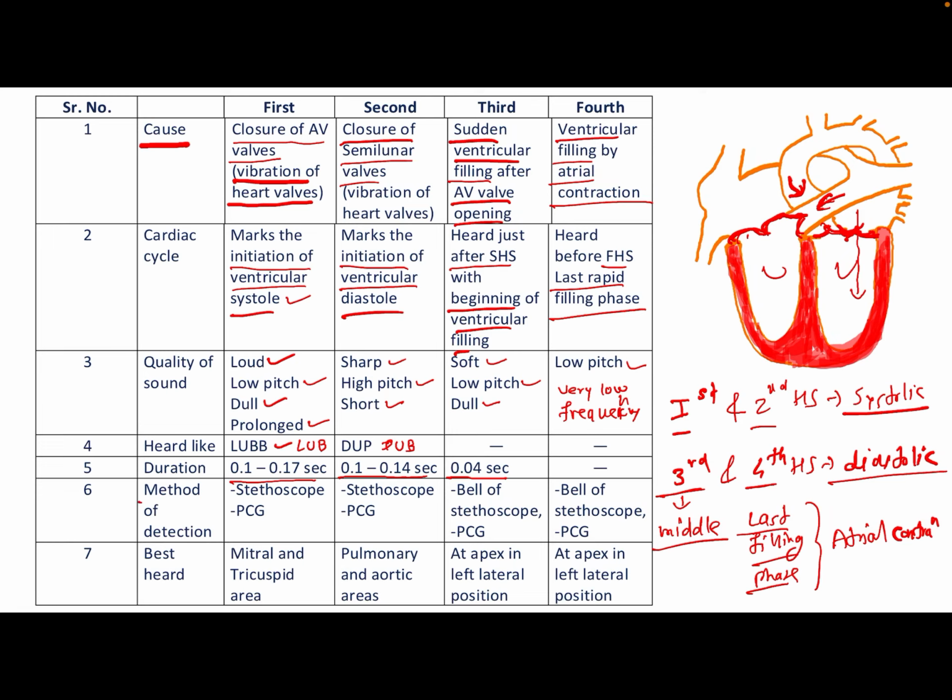Now method of detection. In general, clinically we use stethoscope for detection of or listening to the sounds. For first and second heart sound, we use diaphragm of the stethoscope. Okay, for first and second we use diaphragm. And for listening third and fourth heart sound, we use bell of the stethoscope, and we put patient in left